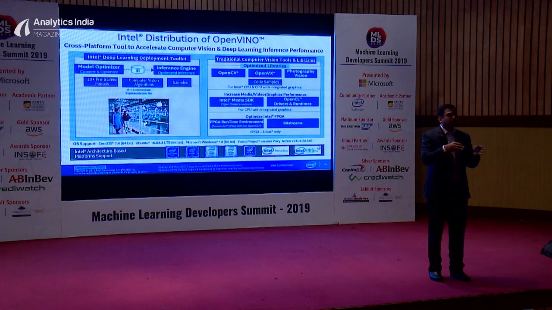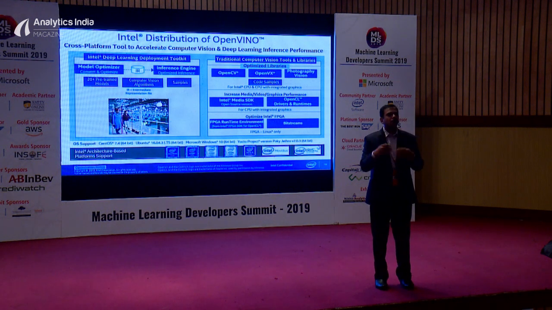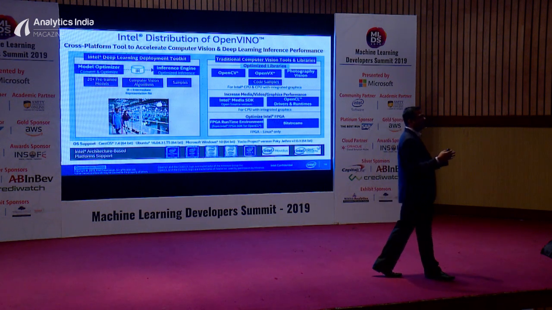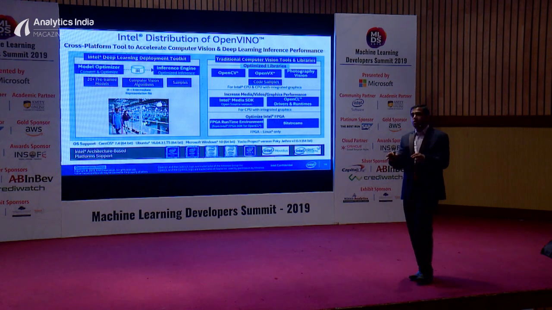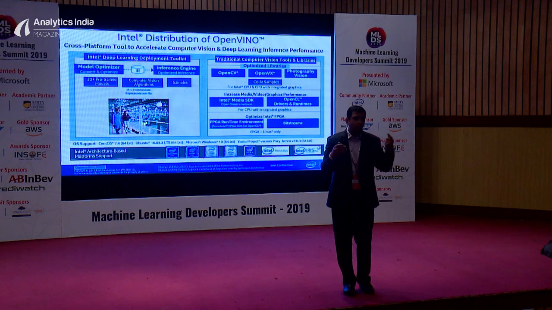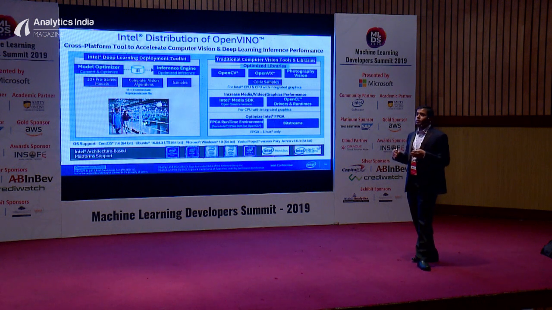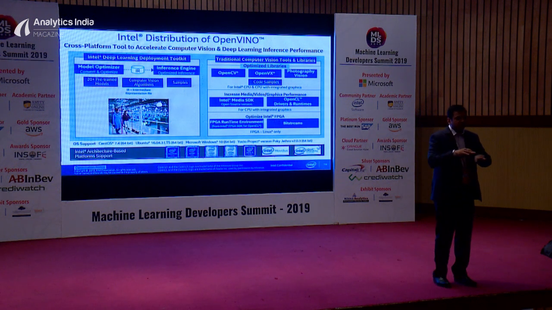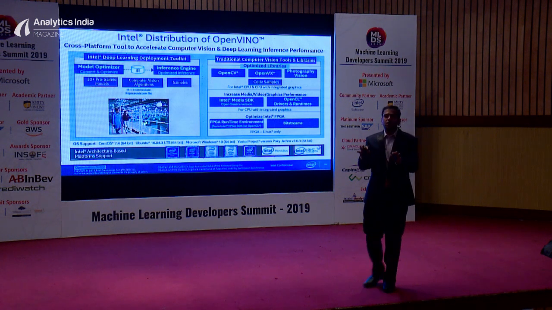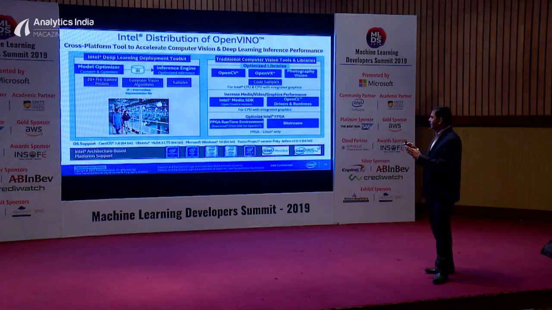Irrespective of the hardware underneath, you just do a -d for a CPU, or for a GPU, you just change the option, and then you can run on it, experiment and see which gives you the best performance for your workload. At a high level, you may not even know which is the best: the CPU, an integrated GPU, a vision processing unit, or the FPGA. So now you can play around with these different options and figure out, okay, this is the hardware that I have, and this is my particular workload, and my particular model runs best on this particular hardware, right? So it helps you explore all those different options, and then do the inference. So that's what OpenVINO is in a nutshell.